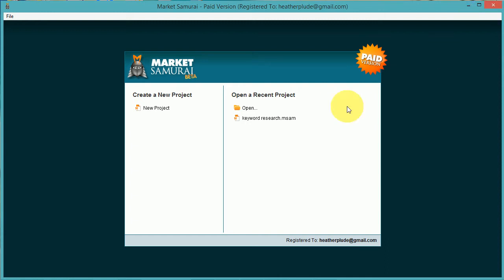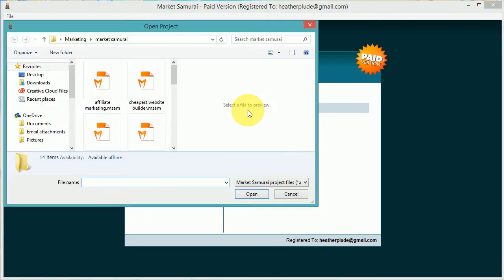And then because this was actually going somewhere, now it's going where they all are. So I put them in a folder called marketing and another folder called Market Samurai. But before, they were in some obscure folder that wasn't even named Market Samurai. It wasn't anywhere near where the program was. It was just the only way I had to find it. And I'll show you that. Yep, it's right there on top,